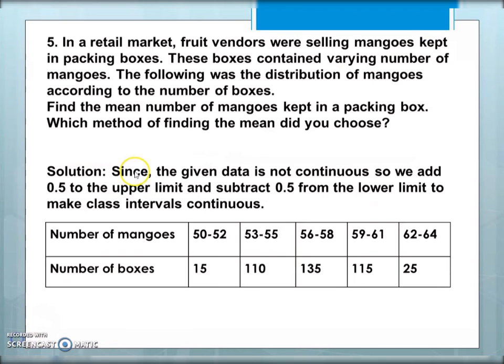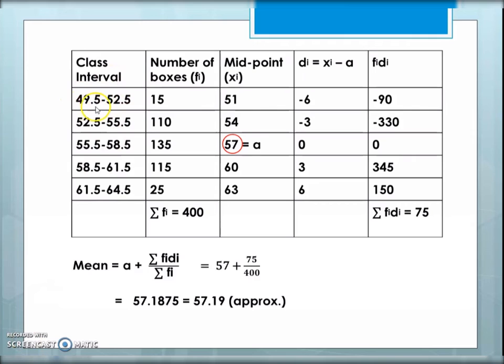But now you will go for only the assumed mean method. Now in this one, if you see the class intervals, they are not continuous. It is 50 to 52 and then 53 to 55, then 56 to 58 and so on. So you have to make it continuous by subtracting 0.5 and adding 0.5. This part we already know, since 9th standard we have been doing that, you have to make the intervals continuous. So here now after subtracting 0.5 and adding 0.5 to the lower and upper limits, we make the class intervals continuous in this manner. So 49.5 to 52.5, 52.5 to 55.5 and so on.